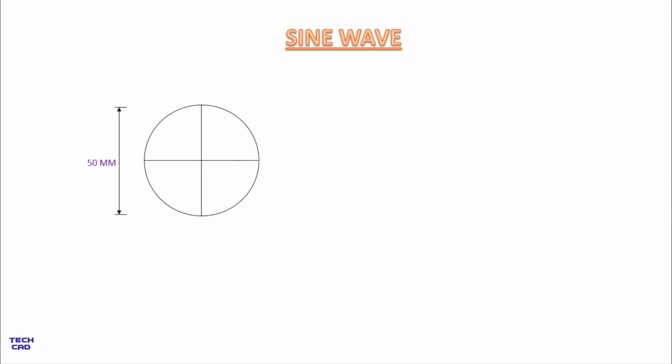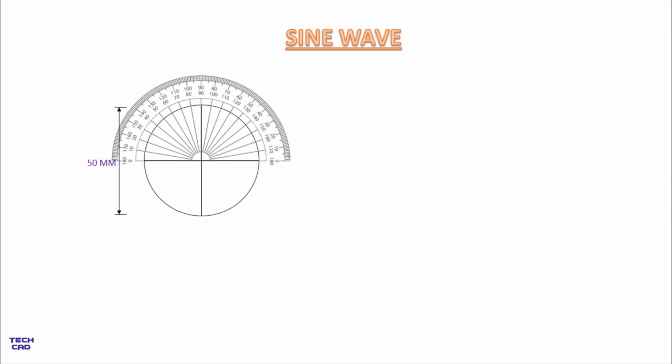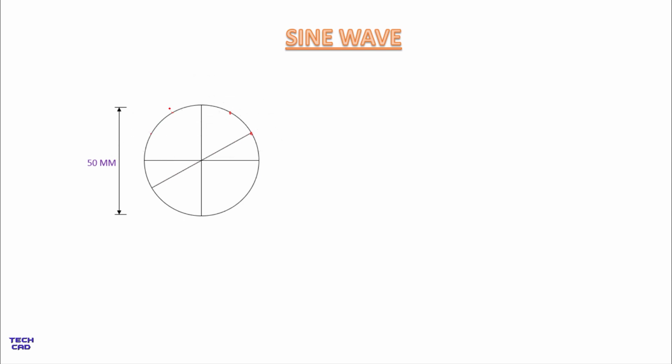With the help of a protractor, we will divide this circle into 12 equal parts. So mark 30 over here, and again 30 means 60 from the origin. In the same way from this side 30 and again 60. Now make lines from these points from the center towards the other curve, and again this one, and from this side and this side. So in this way it is divided into 12 equal parts.